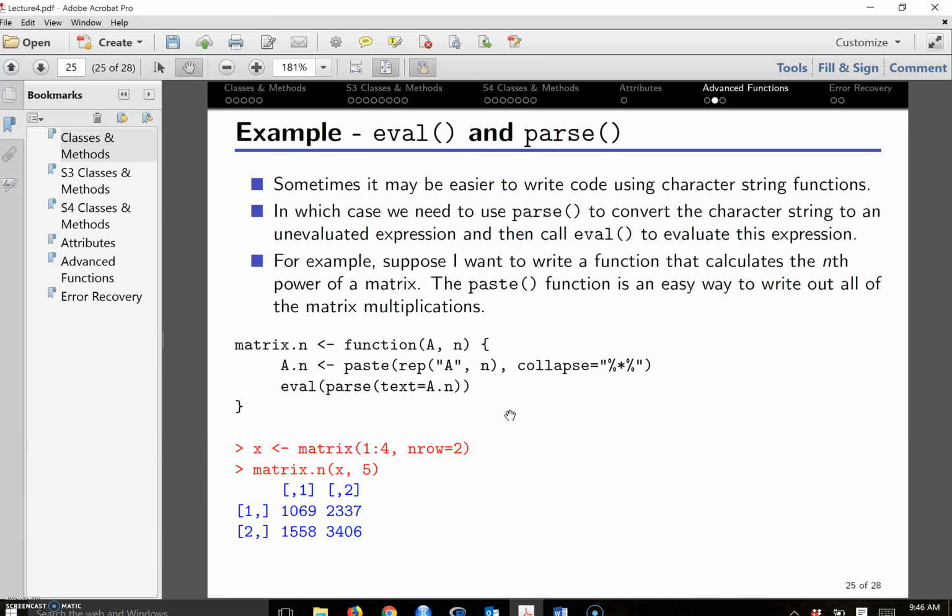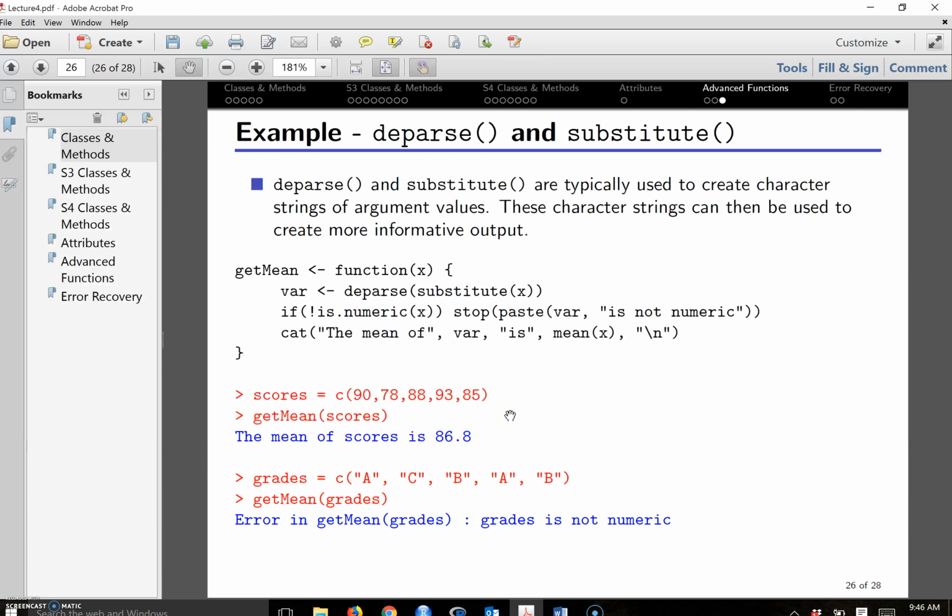Okay, a little bit more. Deparse and substitute are often used to pull apart the contents of an argument. Here we have something where we are going to enter an x and we want to get the mean. And it's pretty simple. We just want to compute the mean, but we actually also want to know what it is that we're getting